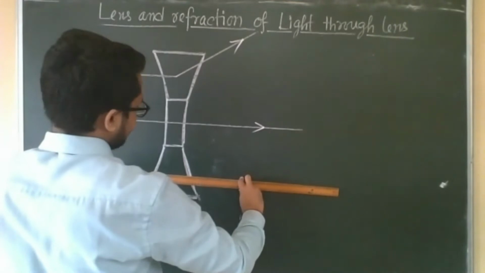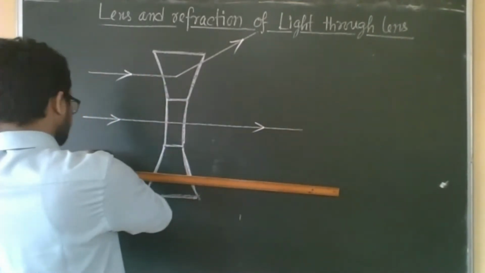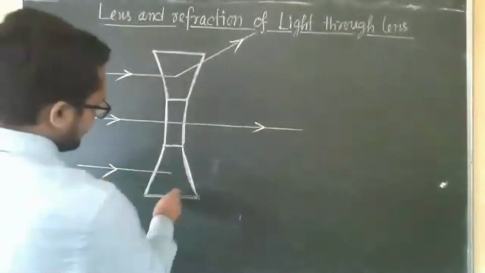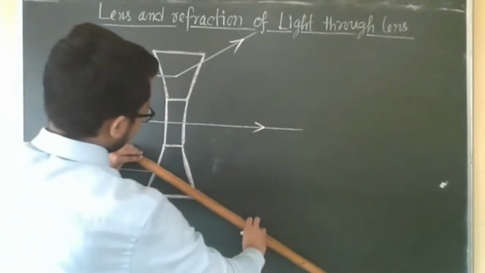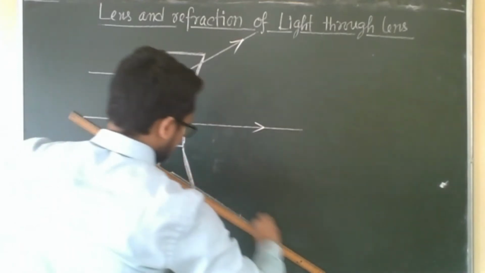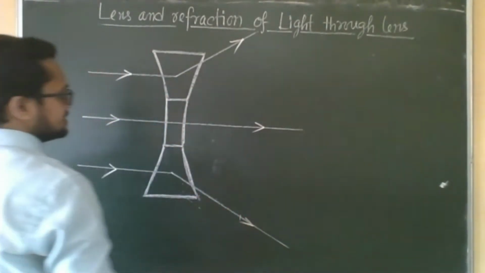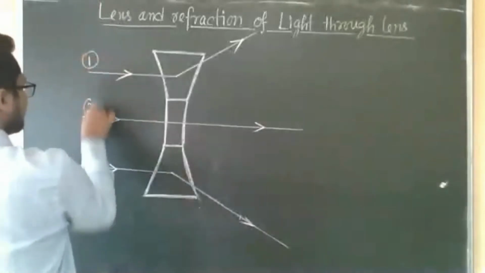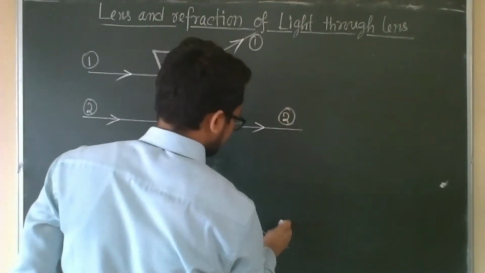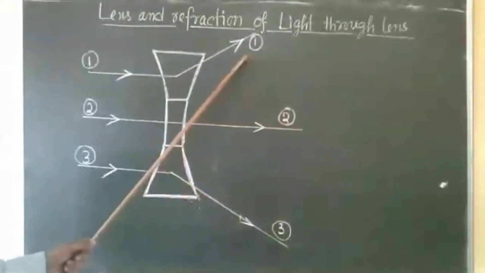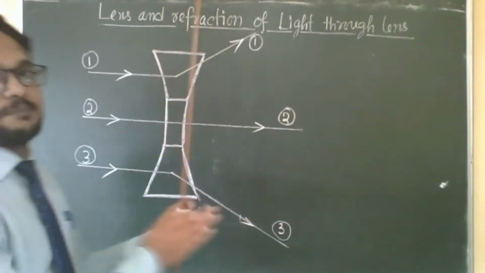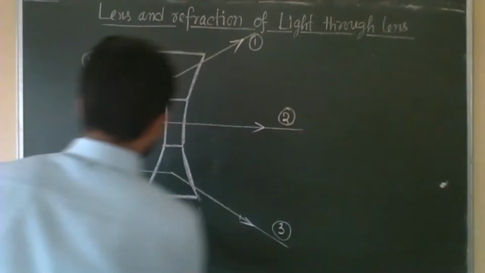And if we take another ray here on this part, then the base is here, this is the base, the ray will get refracted in this direction. So easily you can see this is the first ray, second ray, third ray, and here this is the first refracted ray, second refracted ray, third refracted ray. So you can easily see that the three rays after refraction are getting separated from one another. So this is concave lens.